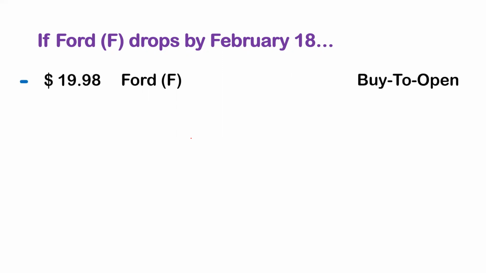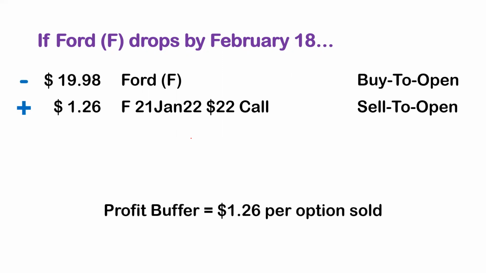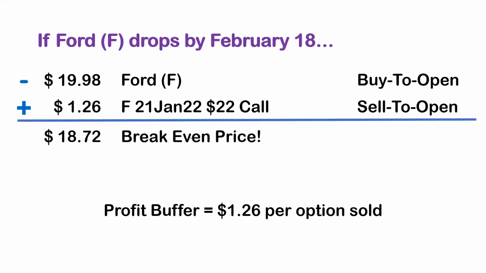But a lot of people know about covered calls, and they say, well, what happens, AJ, if Ford drops by February 18th? Now, I'm going to show you in a little bit how I even reduce my risk on reward to almost nil. But even built into the strategy is what I call a profit buffer, right? Because we make that $1.26, Ford has to go below the break-even price of now $18.72 for this trade to go into the red. So I have this buffer built into Ford stock. But like I said, I do an extra step, which even reduces the risk to almost nothing, the risk on reward to almost nothing.